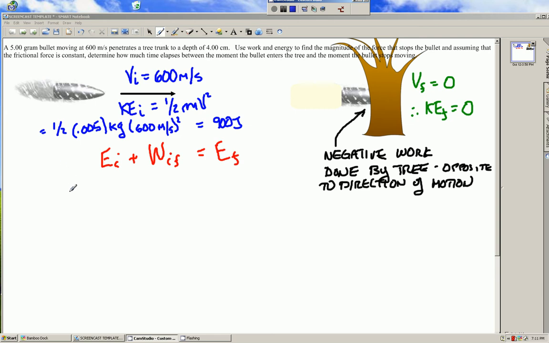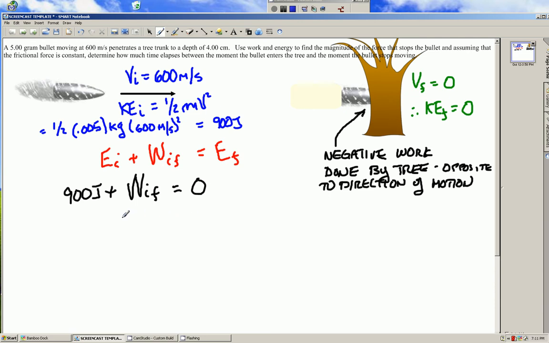We have 900 joules is the initial energy, plus the work that's done by the tree trunk between points initial and final is going to equal 0, which